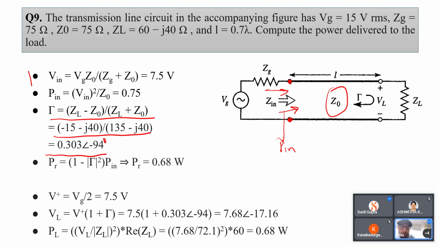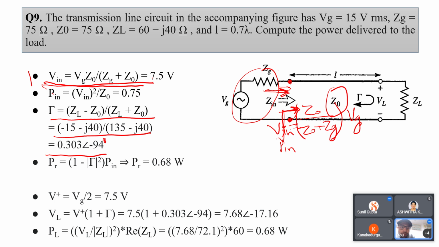voltage that you will obtain at the input side when there will be no reflection, because you have just connected this source to this transmission line, so the reflection will come after a certain time. But till now there will be no reflection. So by using this voltage division rule, you can find the value of V in. V in is defined as Z naught over Z naught plus Zg into Vg. So this will be your input voltage,